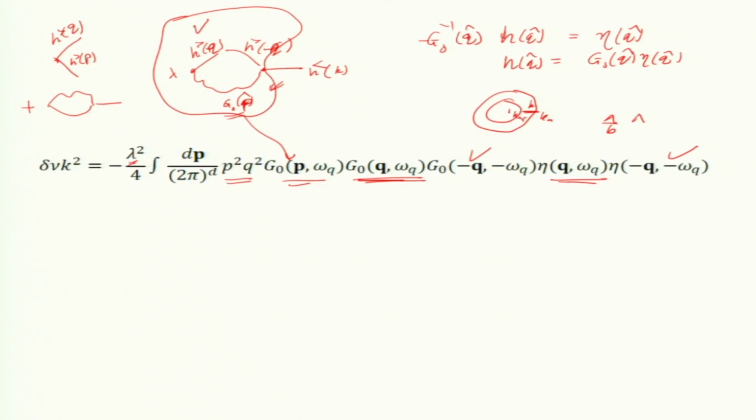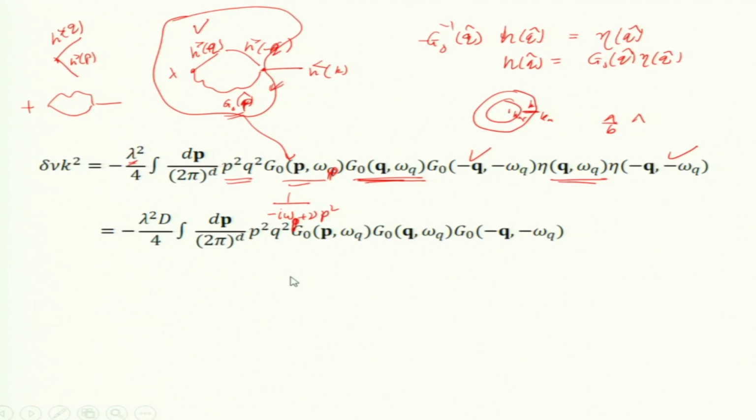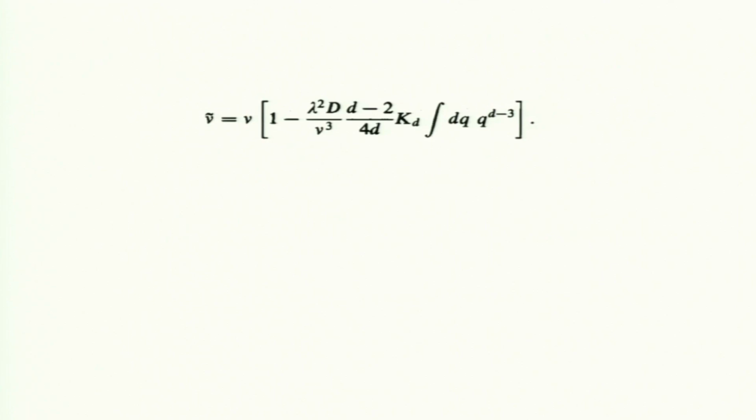So, I need to integrate this. Now, Green's function I already know the formula, it is 1 over minus i omega p plus nu p squared. So, this algebra is reasonably complex, but it can be done, and all that gives you some number, some integral. Okay. So, this is the term which is coming, a correction nu tilde. Just trust me, I have not done this calculation fully, but this is from Barabasi.